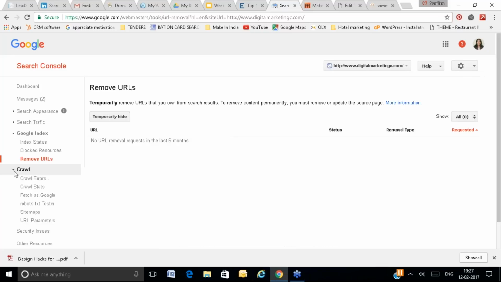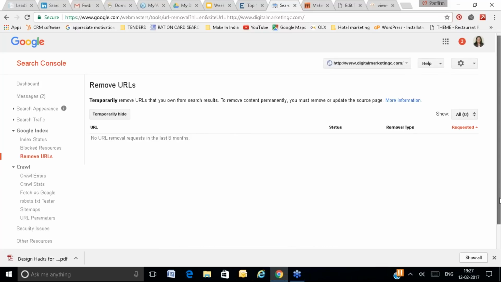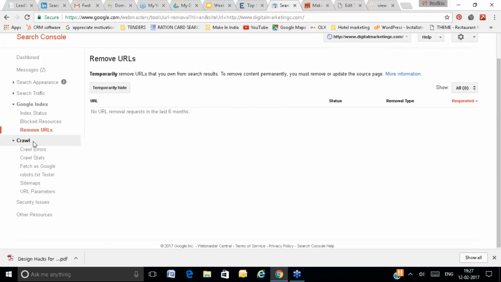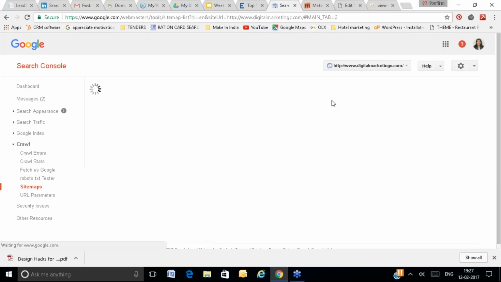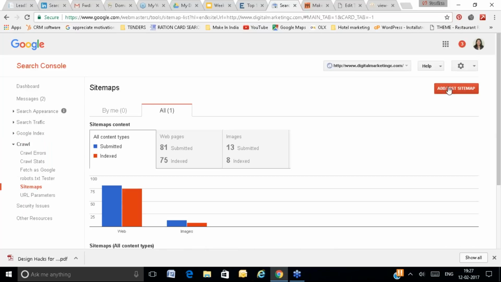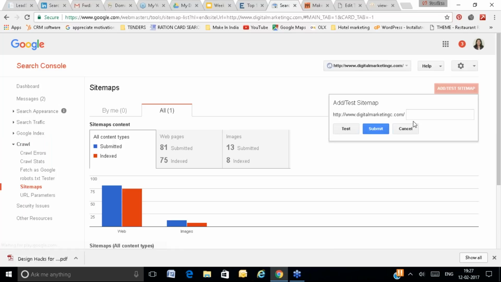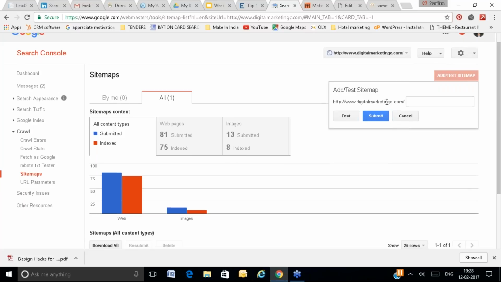Whether Google has indexed or crawled your pages or not, that status you can see from here. There is also an option for sitemap.xml. Here you can create the list of all the pages and submit it through add sitemap. Here you can submit digitalmarketingc.com/sitemap.xml. A sitemap is the file where you list all the pages of your website.